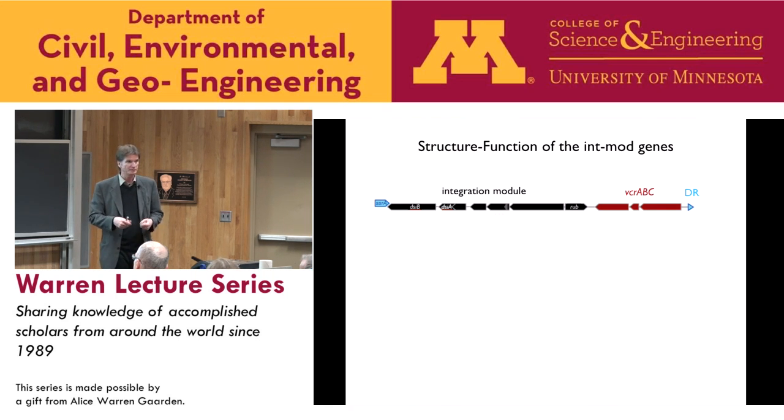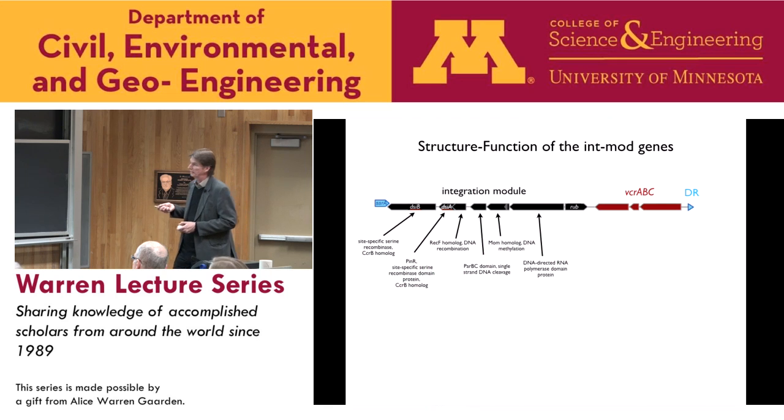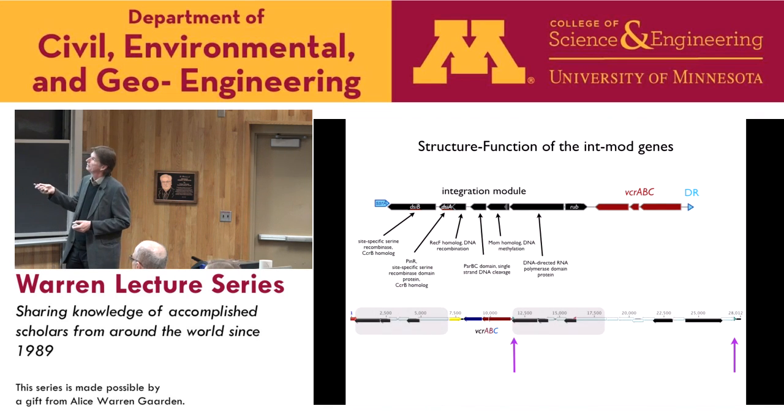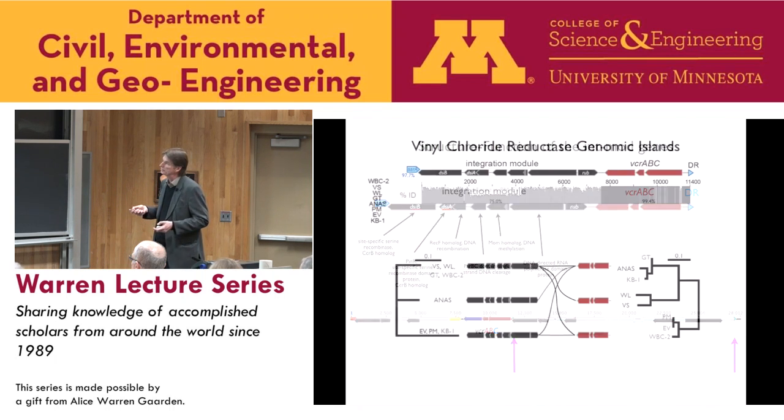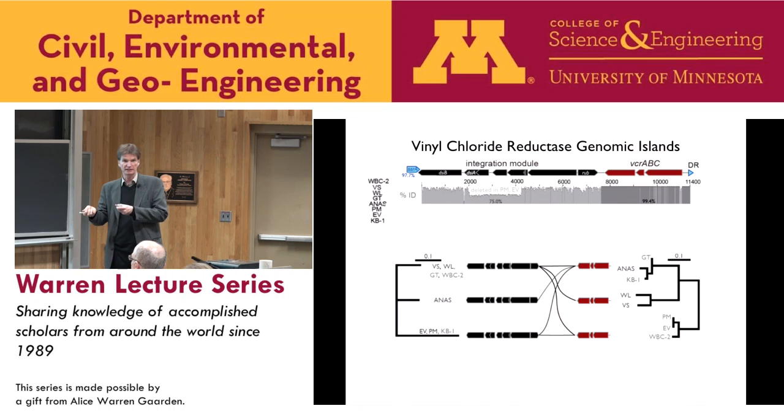And the buying up of small companies more or less works always by the same mode. I don't want to put the anthropomorphizing further. So we know the molecular fingerprints of that, and we know that these modules to bring new reductive dehalogenase genes into the organism repeat over and over. So we have clear genomic signatures that show that. We also know that there's evolution going on within these two modules. In other words, there are different types and different paths by which these reductive dehalogenases, specifically the vinyl chloride reductase, use different vehicles to get into these